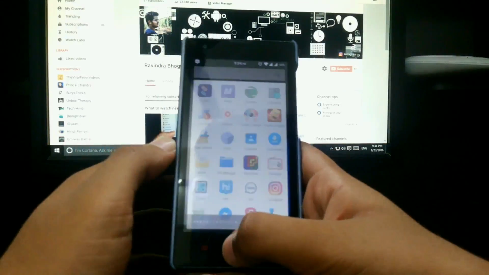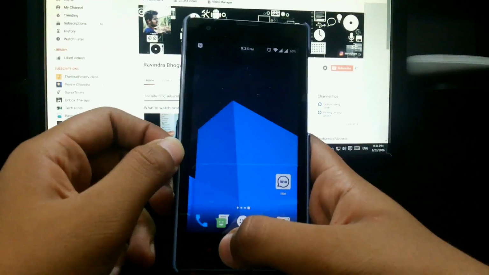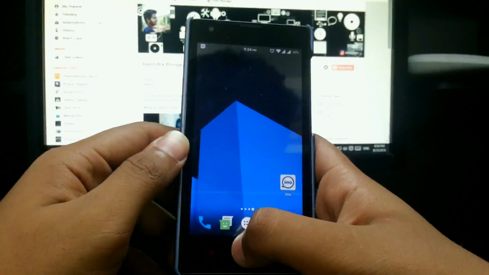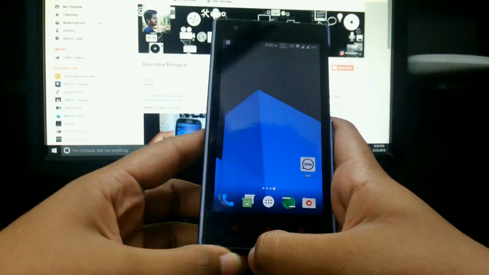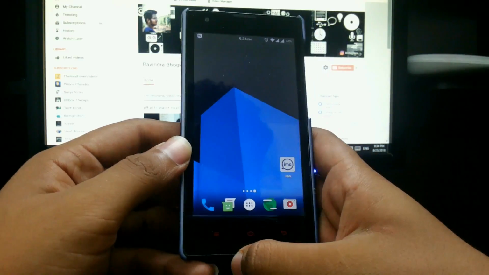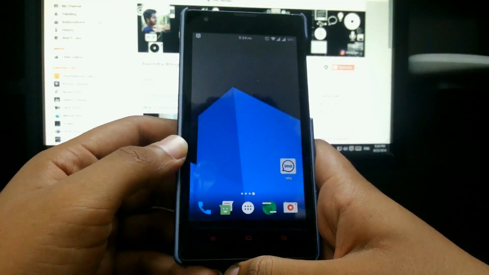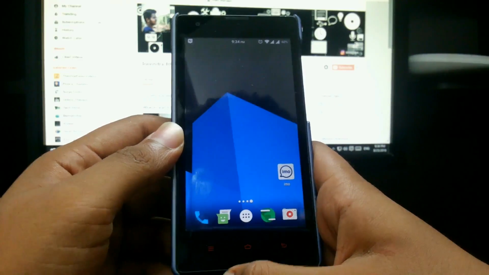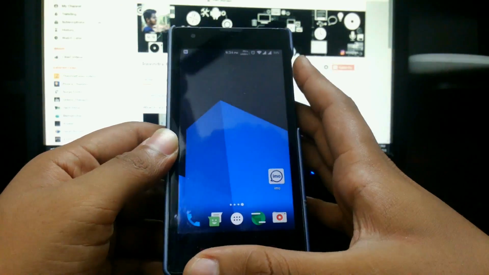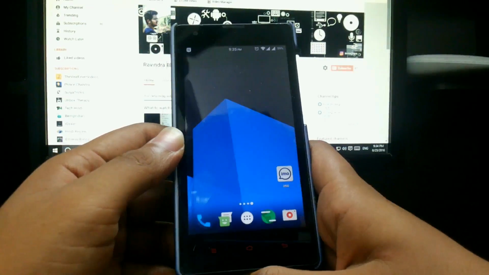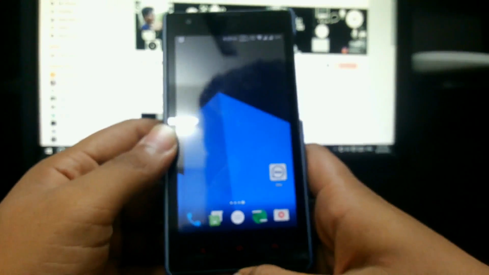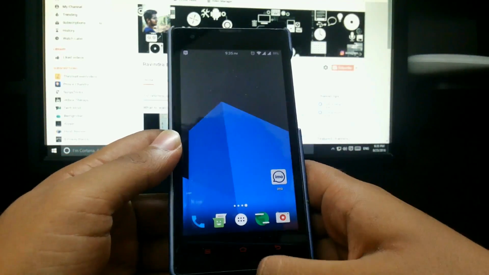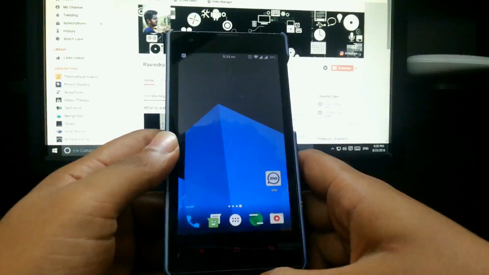Ravi here, and in this video I'm gonna show the process of installation of MIUI 8 in Redmi 1S. It is not a developer based ROM. It is a stable build which is created by the MIUI developers. It is not developed by anyone, so it's totally stable, and it's a global version. So the link will be provided in the description down below, so just check it out and download the zip of 700 MB, and then let's begin.